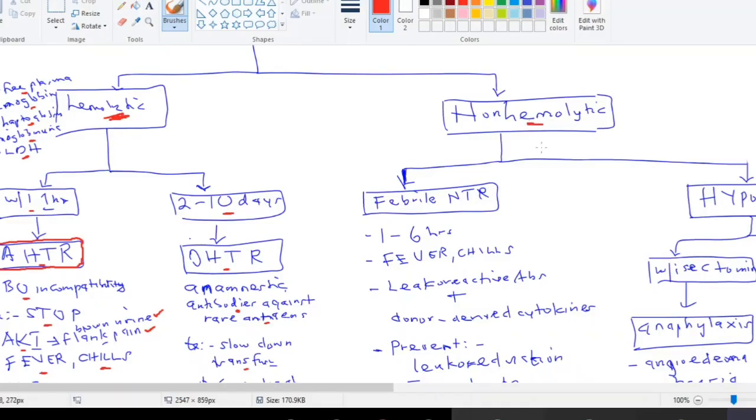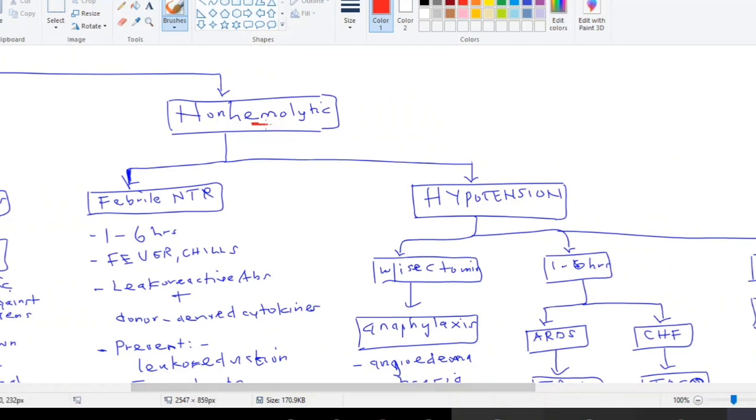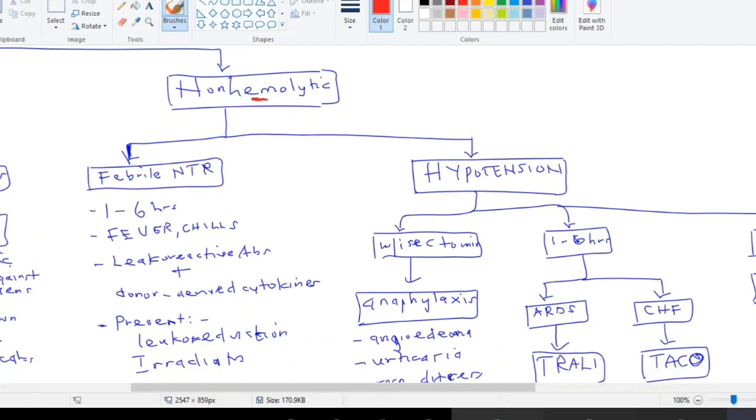Patient has non-hemolytic transfusion reactions, where there is no evidence of intravascular hemolysis. There's no hemoglobinemia, hemoglobinuria, low haptoglobin, elevated LDH, jaundice, etc. So now we're thinking of non-hemolytic, right? In non-hemolytic transfusion reaction, there's no evidence of hemolysis, but they have fever, they have chills,